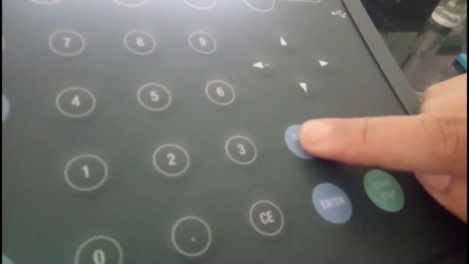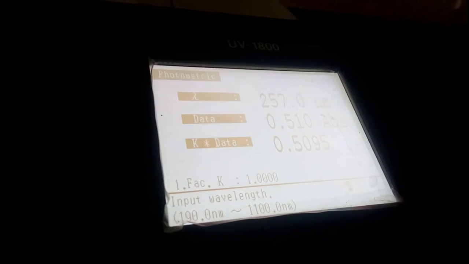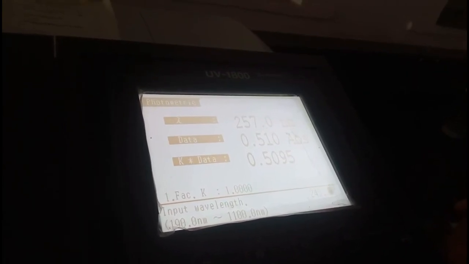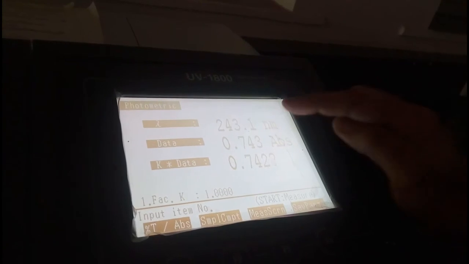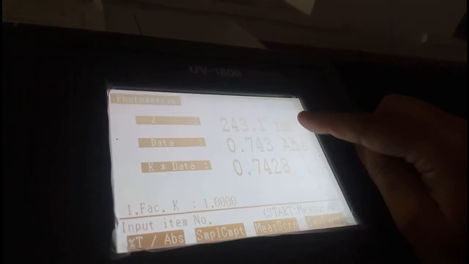To set the lambda max, that is 243.1, go to the wavelength button, and here we put the wavelength, that is 243.1, enter. So now the wavelength changes to 243.1 nanometer.